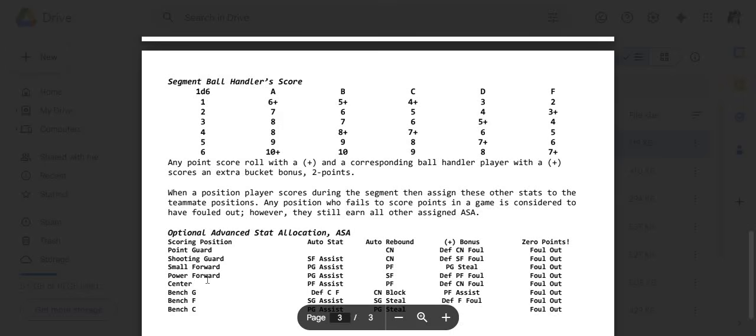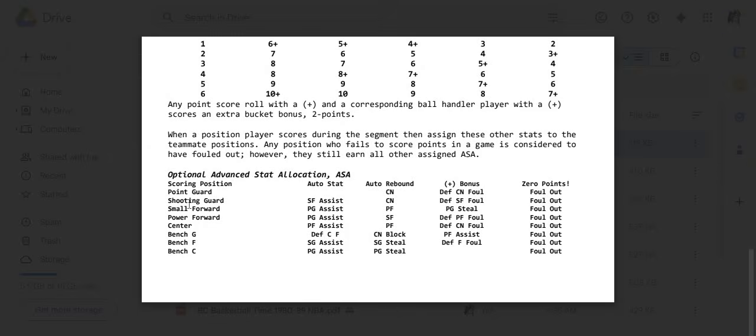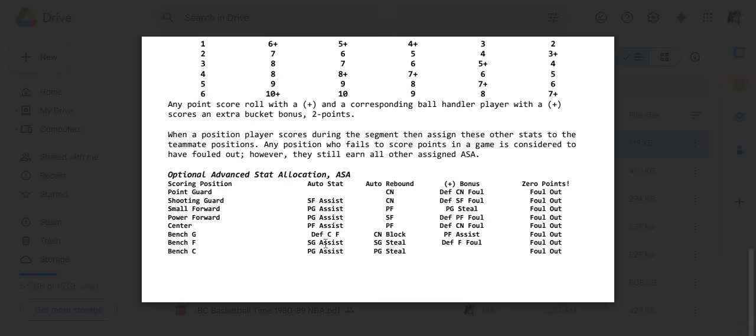Well, not every position. There are some positions that won't handle the ball and score points. So you might actually have a couple of these guys not score in a game. That would mean they fouled out. But let's say by the end of the game, I'm going to have points for almost every position on my